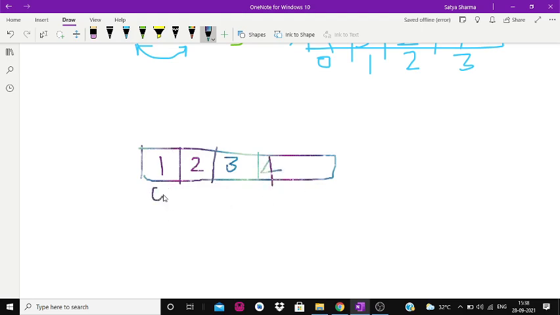Now you can see here that we have four numbers, correspondingly four indices, and at even index we have odd number, then at odd index we have even number, then here also at even index we have odd number, and then at odd index even number.